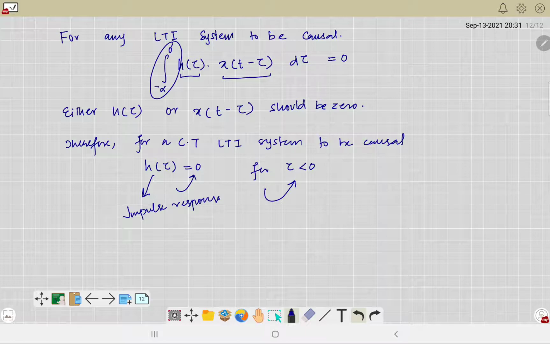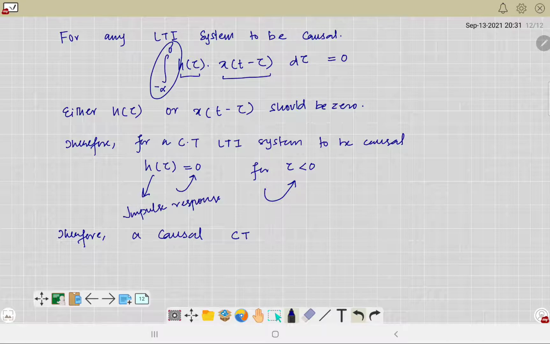for causality. So for a general system, a system is causal if it only depends upon the current and the past samples, and an LTI system characterized by impulse response will be causal if and only if its impulse response is 0 for time less than 0. Okay. So therefore I can say a causal continuous time LTI system is given by,